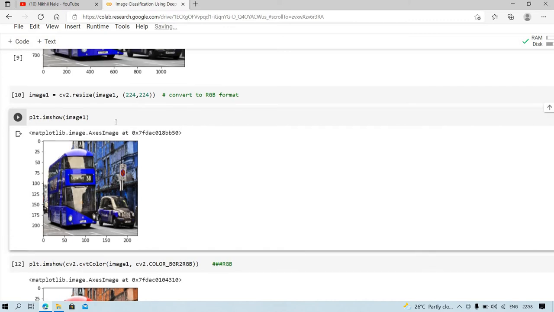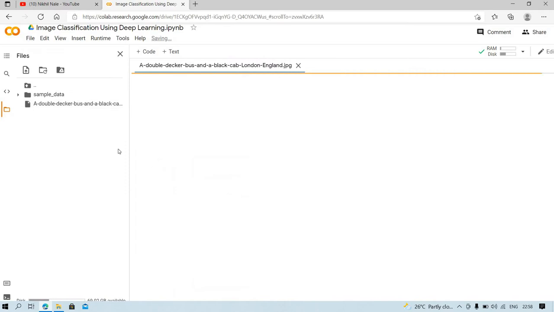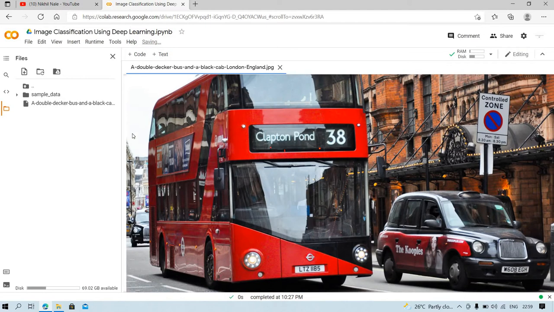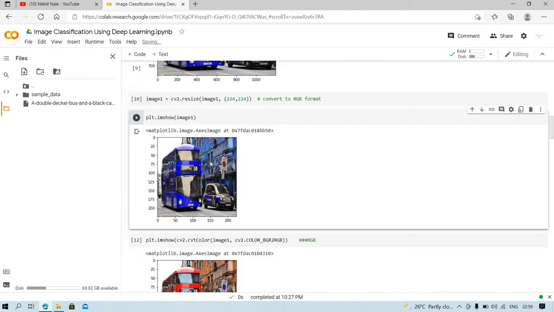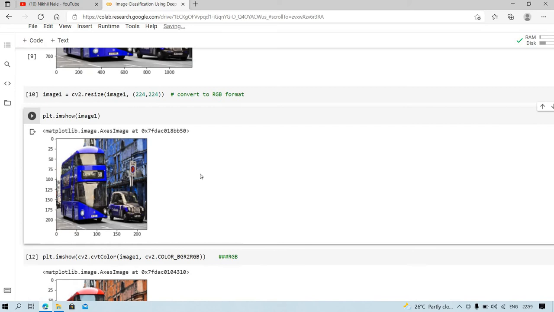You will see our original image over here. Just wait. So this is our original image, and you will see the image looks like this. This image is in BGR format, and I need to convert it to RGB format.